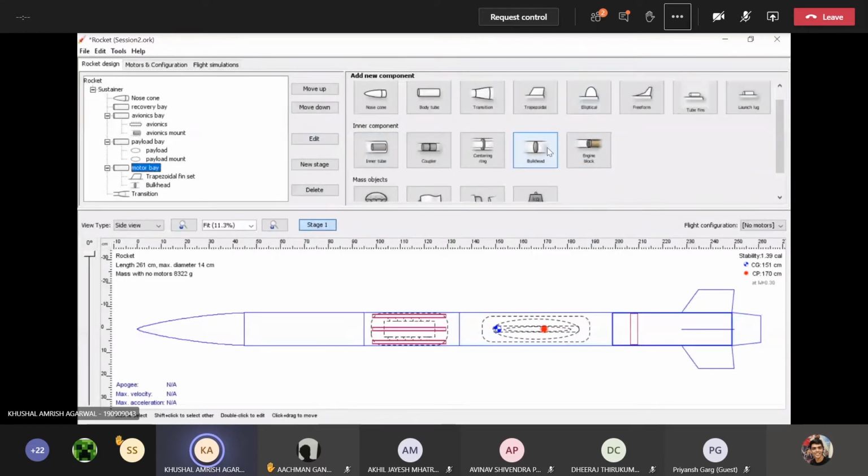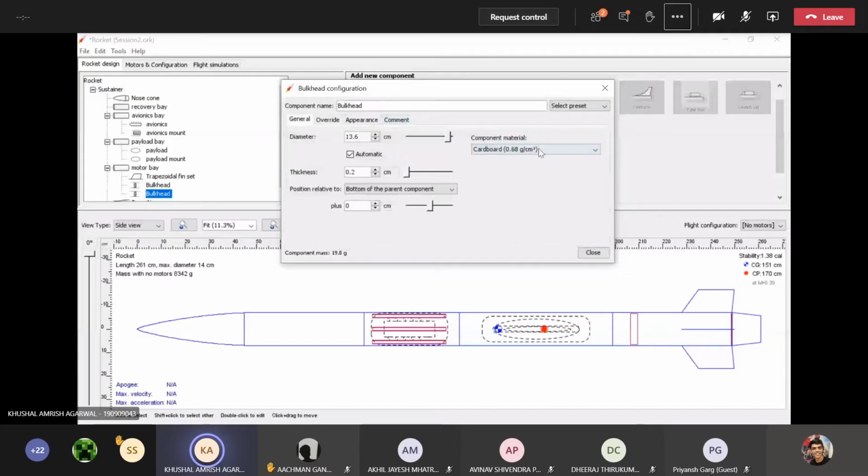Now we have to add the thrust plate as well. The material used here will be aluminium. Again, this is not a 6061 material, but since it only takes the weight and the densities are almost the same, we can use the aluminium component here.